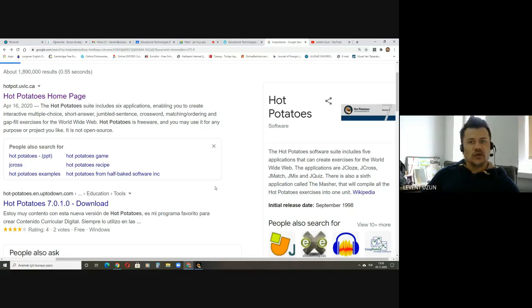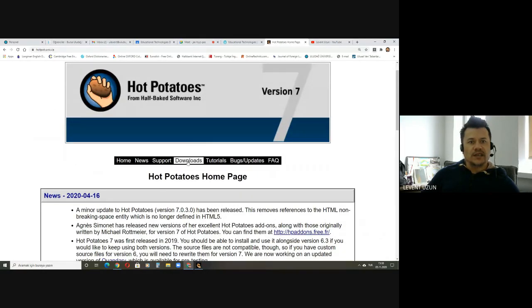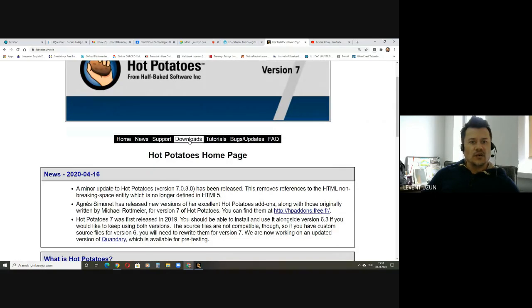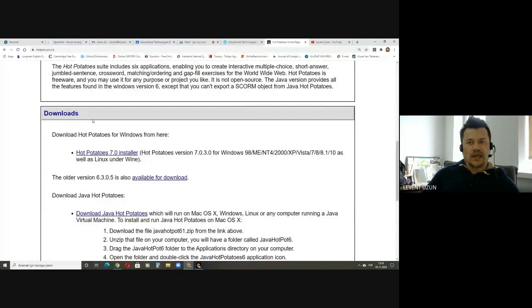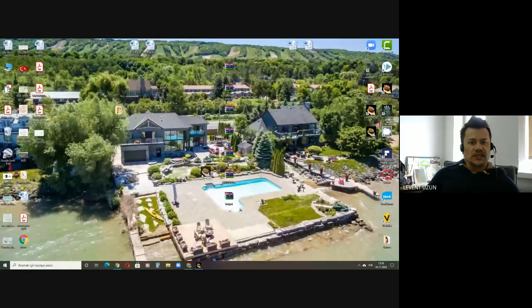So what you need to do is to go to Hot Potatoes, click on this website link, and now you will see this website. You can either click on downloads, which will take you down, or scroll down and see downloads are here. Hot Potatoes 7.0 installer. So you will have to click on that and download the file. And I have already downloaded it. You will have this setup file